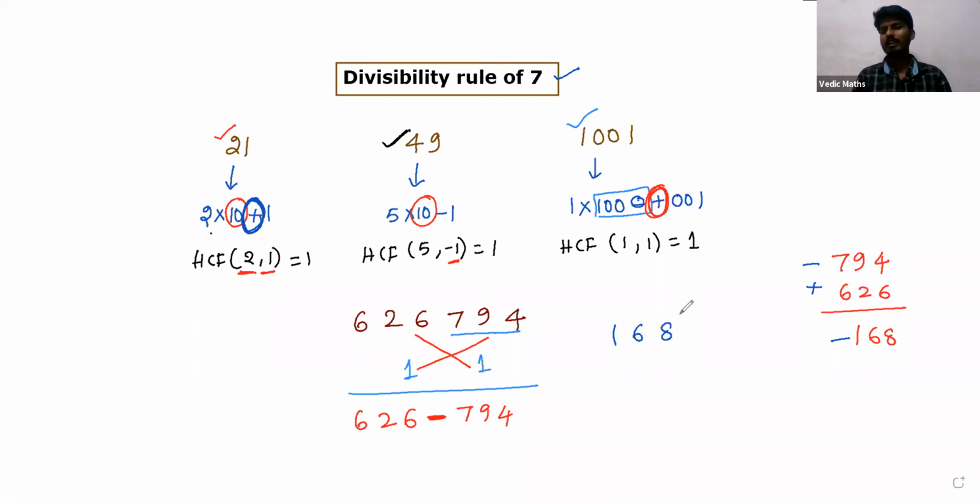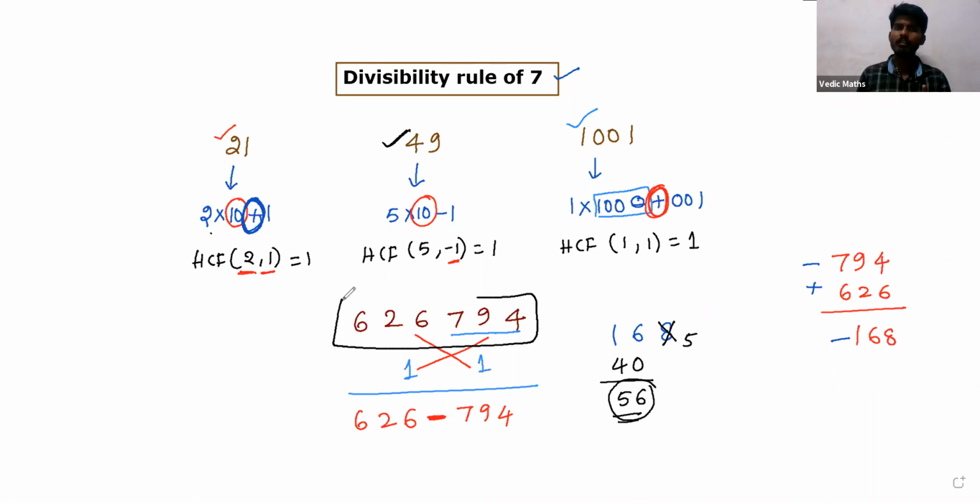Still we don't know whether it is divisible by 7 or not. Then you can use either the 21 or 49 combination numbers and you can verify it. So I am going with 5 now. I multiply this number with 5, then I got 40, and 40 I'm adding to this number, then I got 56. So we are not bothering about the negative side. So now 56 is exactly divisible by 7. That means the whole number is also divisible by 7. So the whole number, we are converting it to a 3-digit smaller number. Then we can easily perform the divisibility rule on that number.